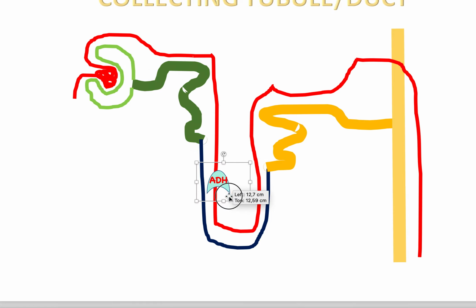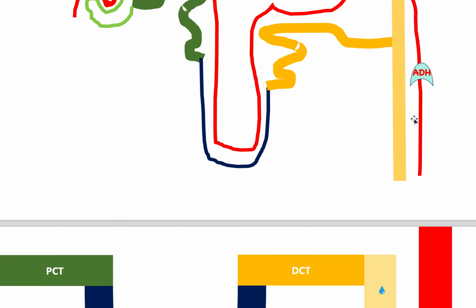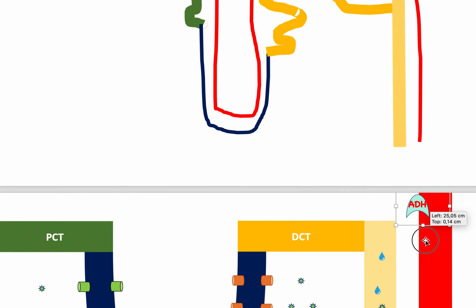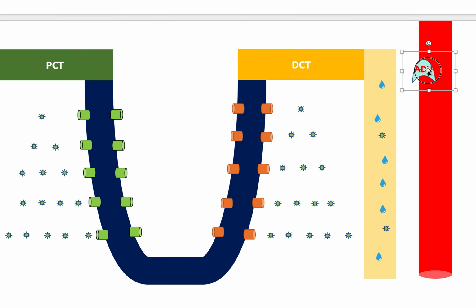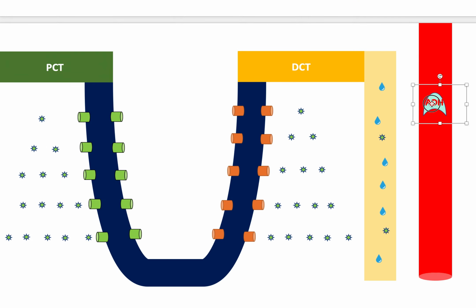It keeps going, keeps going, keeps going. And eventually it reaches this part next to the collecting tubule. And it's special because guess what? Let's keep bringing it down. So it's basically here next to this collecting duct, the collecting tubule. So now when it reaches here, what it can do is it can enter the collecting duct, okay,